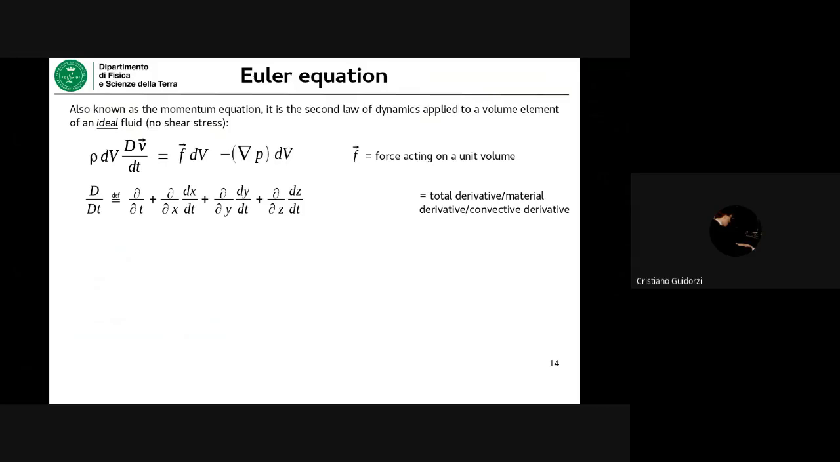So what is the capital D? What's this kind of derivative? Well, you have to imagine that you have to calculate the acceleration of the generic volume just by chasing it. Ideally, you identify a given element of fluid, and then you ideally follow it along its trajectory. So this derivative is just the so-called total derivative or material derivative, also convective derivative, because it's